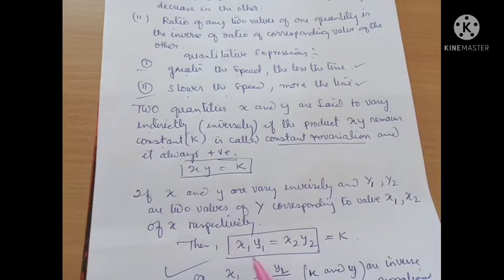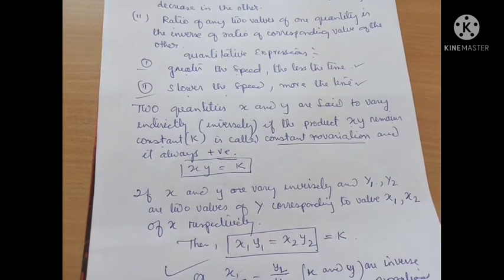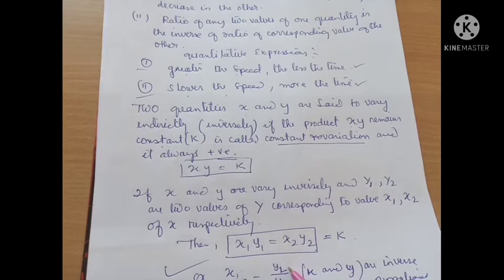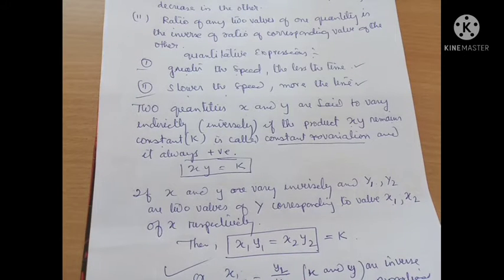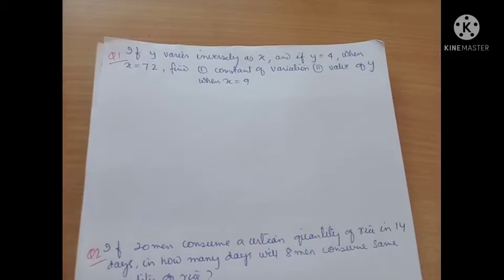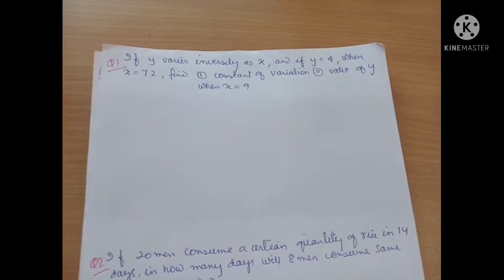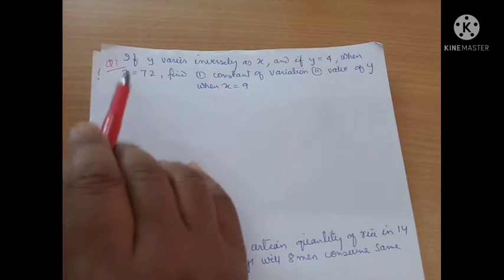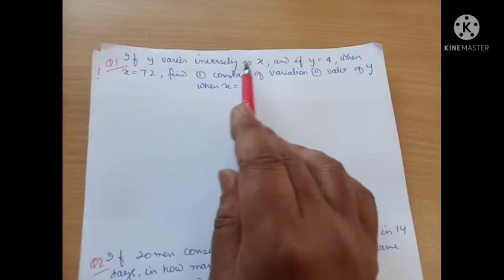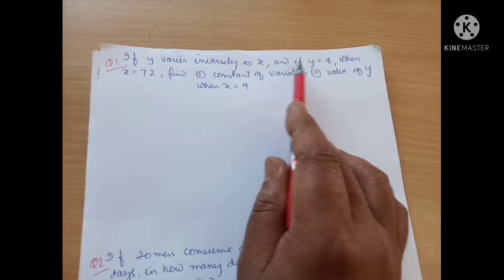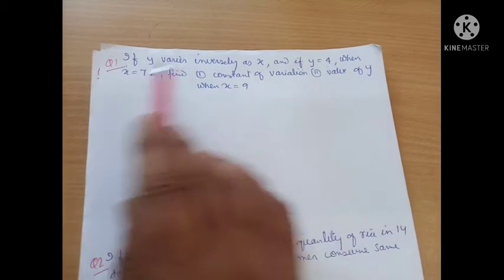Then in the ratio form, x1 by x2 equals y2 by y1. These are the two formulas that we have to remember for calculation of inverse proportion. Now let's see a few examples of inverse proportion. If x varies inversely as y, and if y is equal to 4 when x is equal to 12,